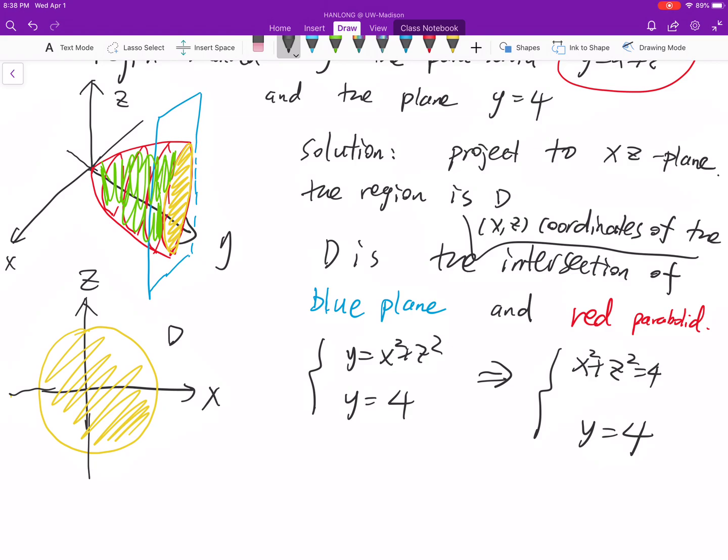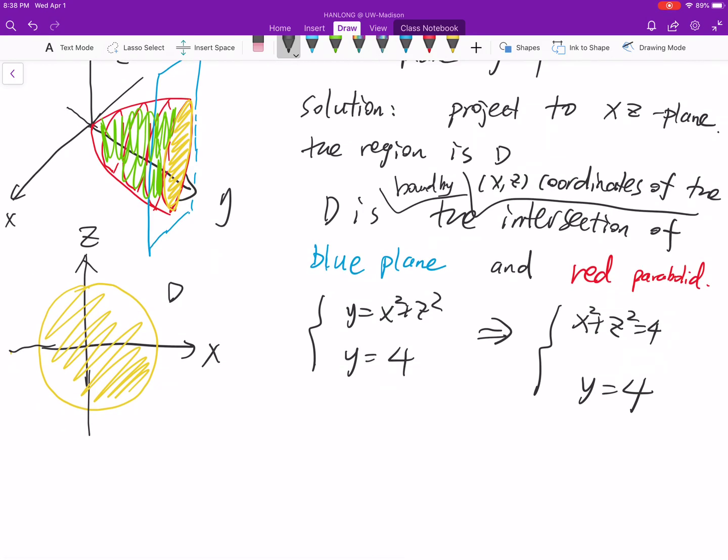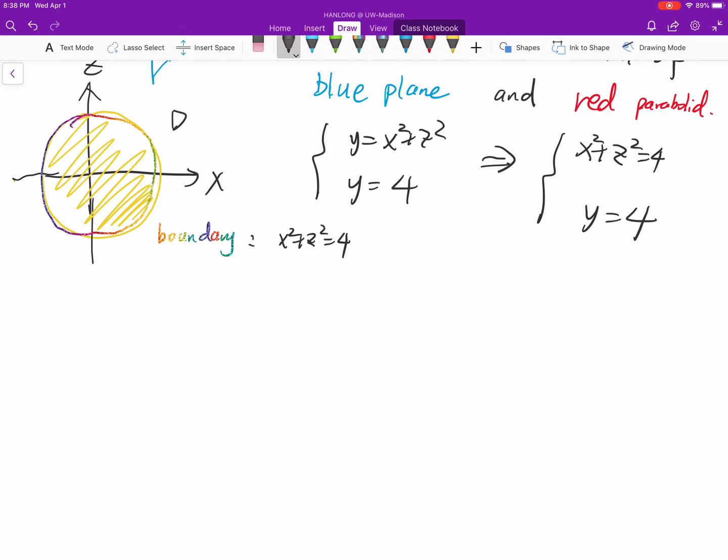D is bounded here by this, and then here, let me use this color. The boundary of region D is given by x squared plus z squared equals 4. Okay, then you have